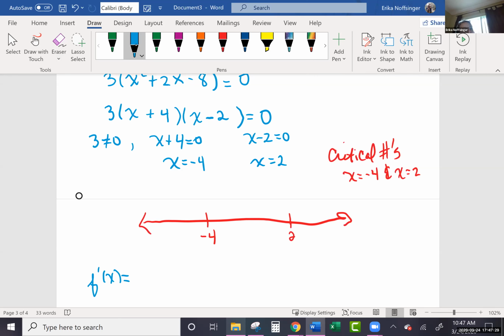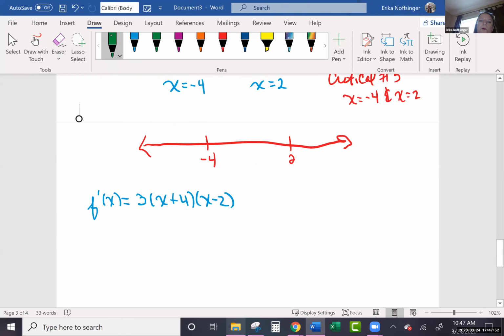It's possible if you wanted to plug it into the factored form. Again, all we're really worried about is whether our derivative at the number to the left or right is positive or negative. And so technically we could just use some logic. If we plug it into 3 times the factor x plus 4 times x minus 2. So let's say we plugged in x equals negative 5. So if I plug that into my derivative function,